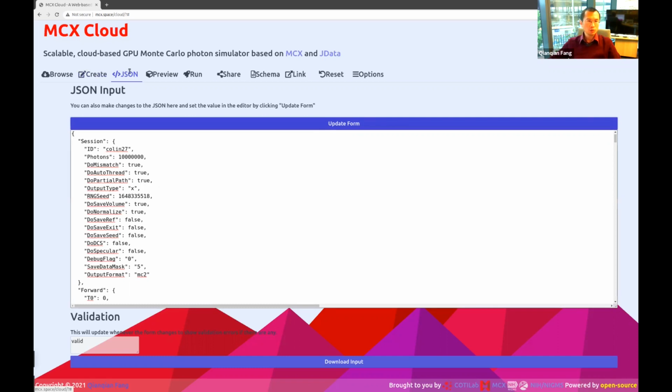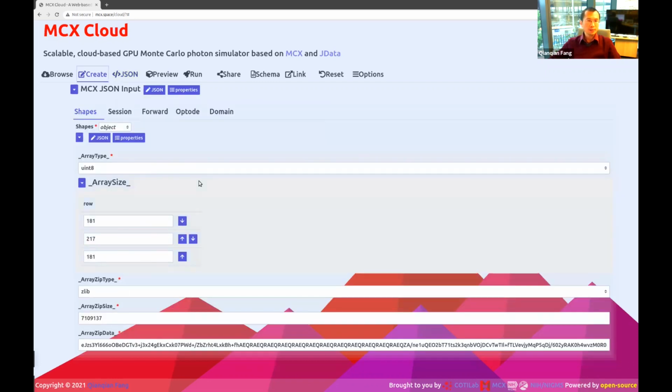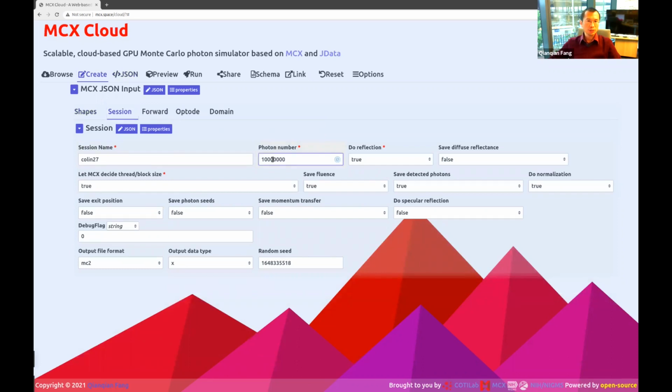Similarly, if you do not want to edit this text file, then you can use the create tab, and the create tab provides users a graphical interface for editing each of the JSON fields. For example, when we change the simulation photon numbers from 10 to the 6 to 10 to the 7, this field is also updated. You can disable reflection, you can save other outputs, and all these are flags that you have probably seen in MCX